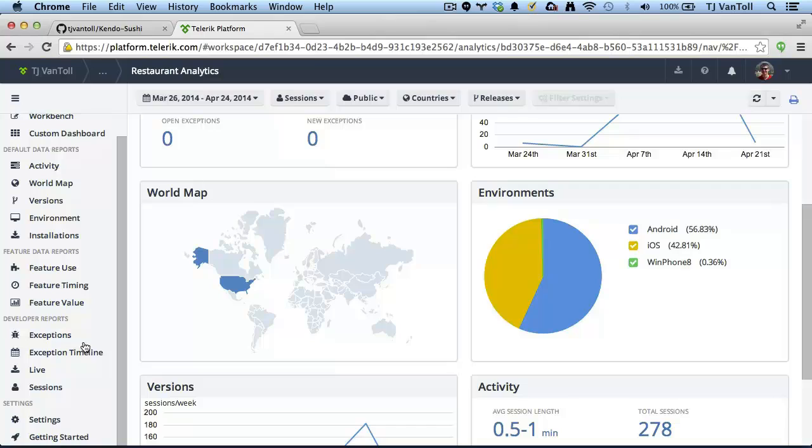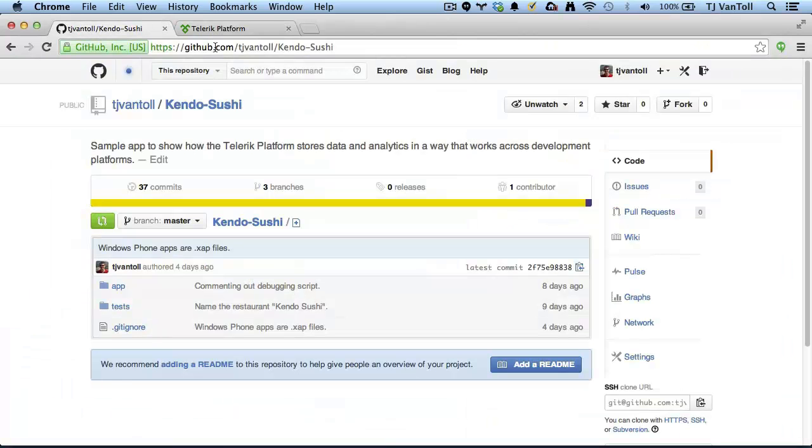But all of this is about continuing that feedback loop. We did this way back when we created prototypes with App Prototyper. We continued this during development, and Telerik Analytics just continues this process after we send the app into the wild. Now hopefully you've seen how the tools in the Telerik platform can help you with the entire software development lifecycle for mobile applications. If you're interested in the code for this sample application, it's available on GitHub at